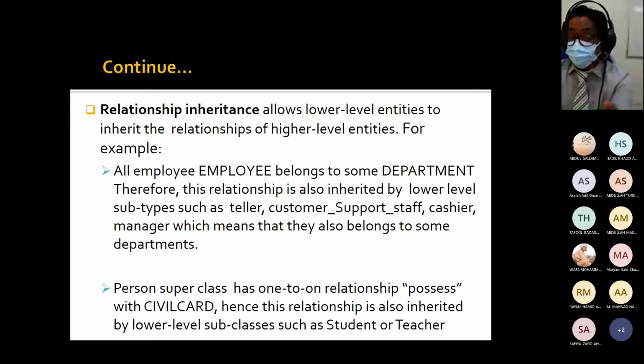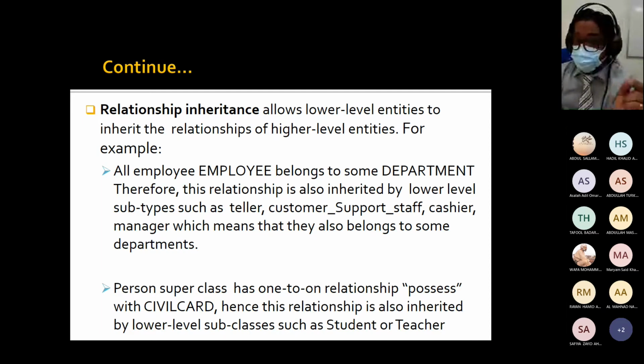So what about relationship inheritance? So employee belongs to a department. For example, a certain employee or a typical entity has a relationship with the department. Therefore, this relationship is also inherited by the